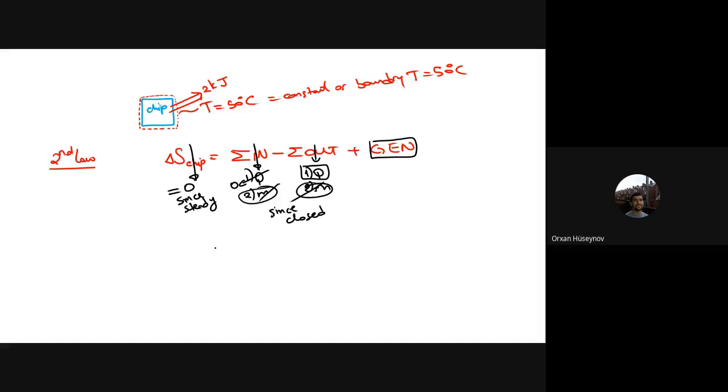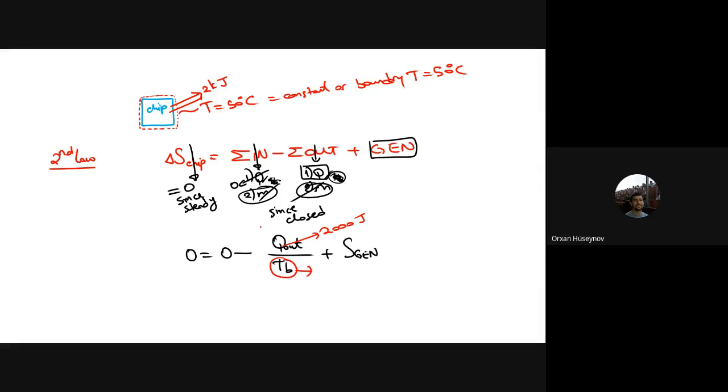If I write the full form of the entropy balance, instead of the Q, actually it is Q by T_B. So I will write that 0 will be equal to 0 minus Q out divided by T boundary plus the entropy generation. The heat transfer that leaves the system is 2000 joules,